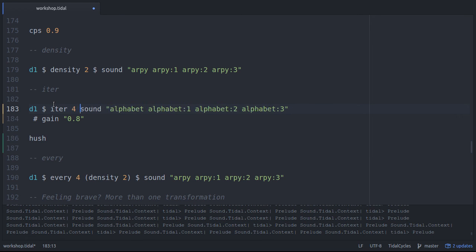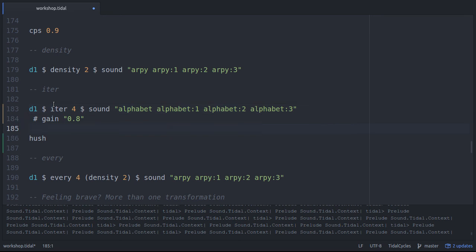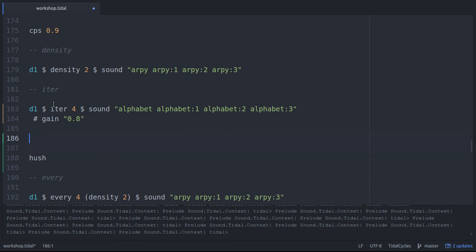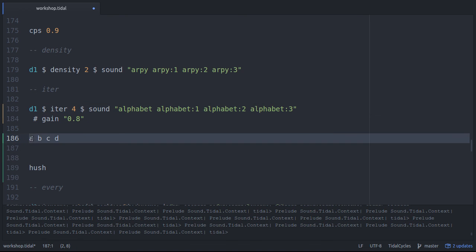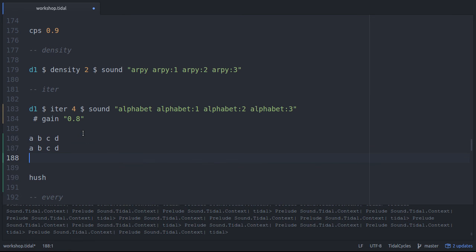And if we do it a 4. A C A B D A B C A B C B C A C A B A B C A B. So it's quite hard to hear exactly what's going on, but I'll try and explain it. So it's saying A B C D, and what it does is shift the pattern by a certain amount each repetition. So if you say it a 4, it'll shift by a quarter of a step each repetition. So the second time round,